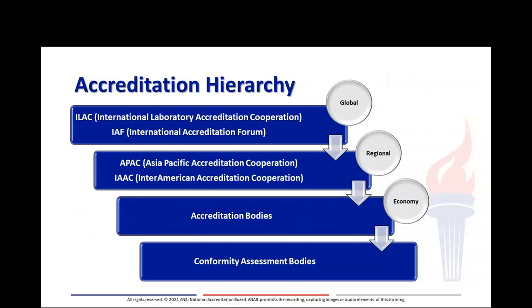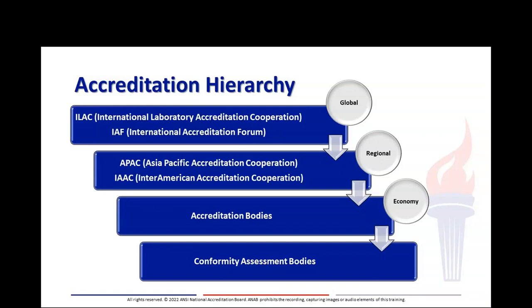Now, as part of our discussion on conformity assessment, I want to take a look at the accreditation hierarchy. It begins on a global scale with ILAC and IAF, who primarily function to develop single, worldwide programs for conformity assessment. Accreditation bodies hold multilateral or mutual recognition arrangements with IAF and ILAC. These arrangements are peer evaluated in accordance with ISO IEC 17011 requirements to demonstrate competence of the accreditation body. Signatories agree to accept the results of each other's accredited conformity assessments.